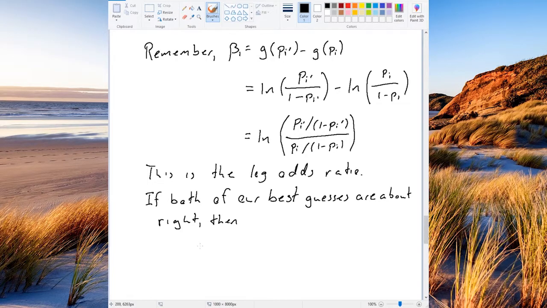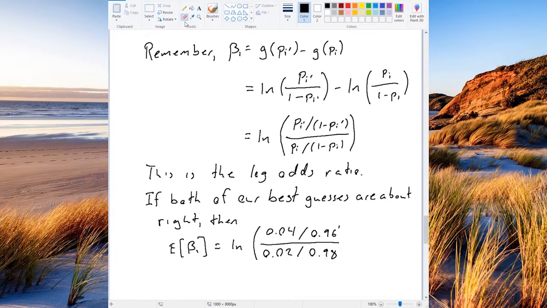Then the expected value of beta 1 should equal ln of 0.04 divided by 0.96, divided by 0.02 divided by 0.98. This is about